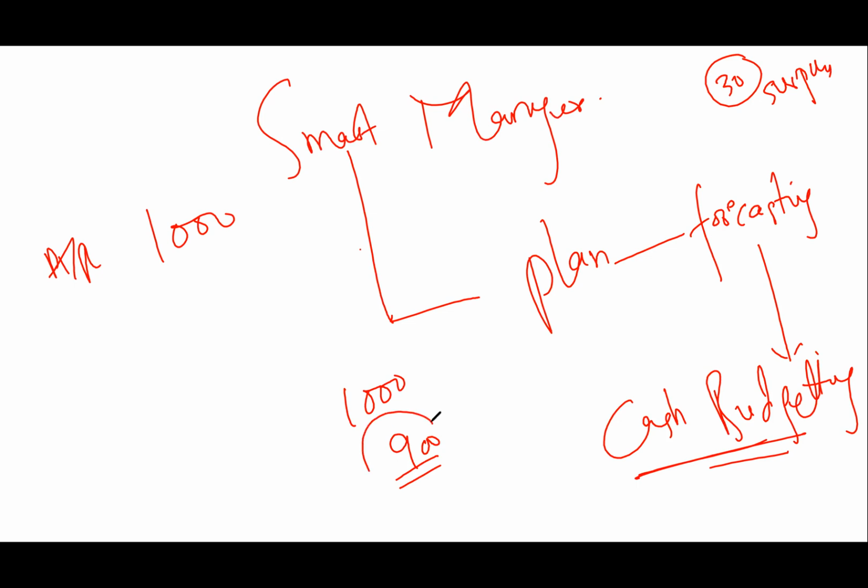What happened due to this 100? You have a shortage of cash, and on an emergency basis you apply for a loan from the bank, and that interest is going to be at a higher rate. So your planning is disturbed. So a smart manager, they